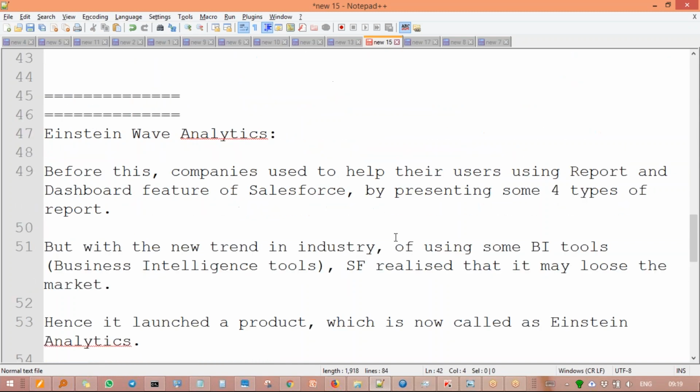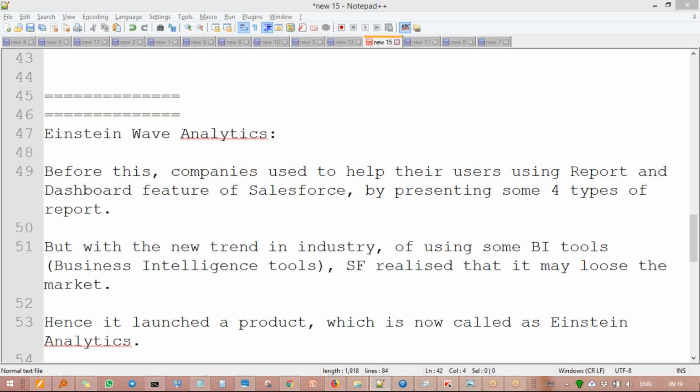Now let's continue with the wave analytics that we understood, and how it's going to happen. Now let me tell you the features of this. Please note that the company data lives in various locations such as Salesforce, ERP, data warehouse, Informatica, log files, and when we see all the data together, it can work as a gold mine. The way we see our business, and that is the issue solved by Salesforce Analytics.